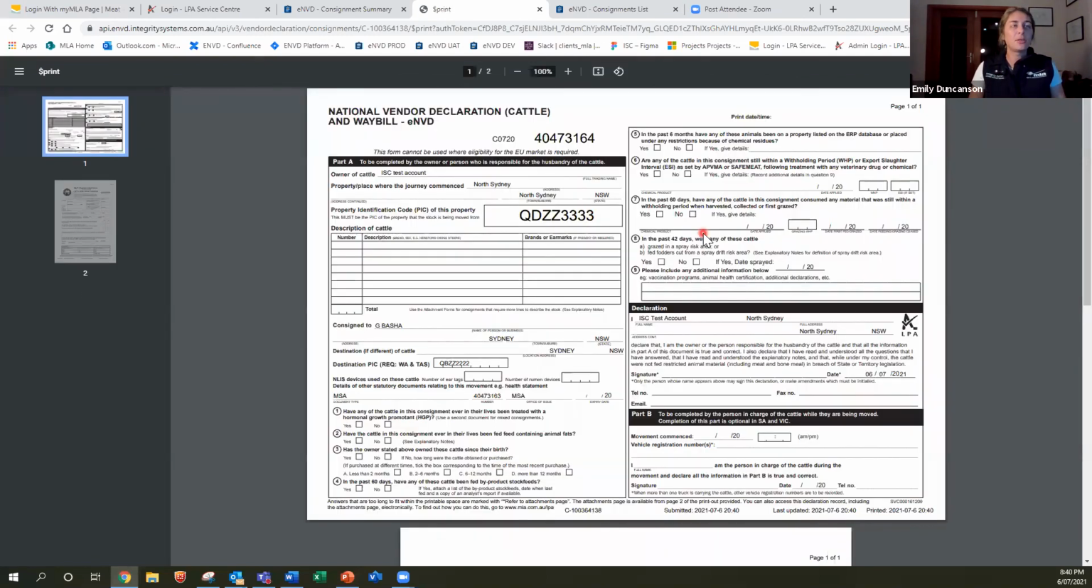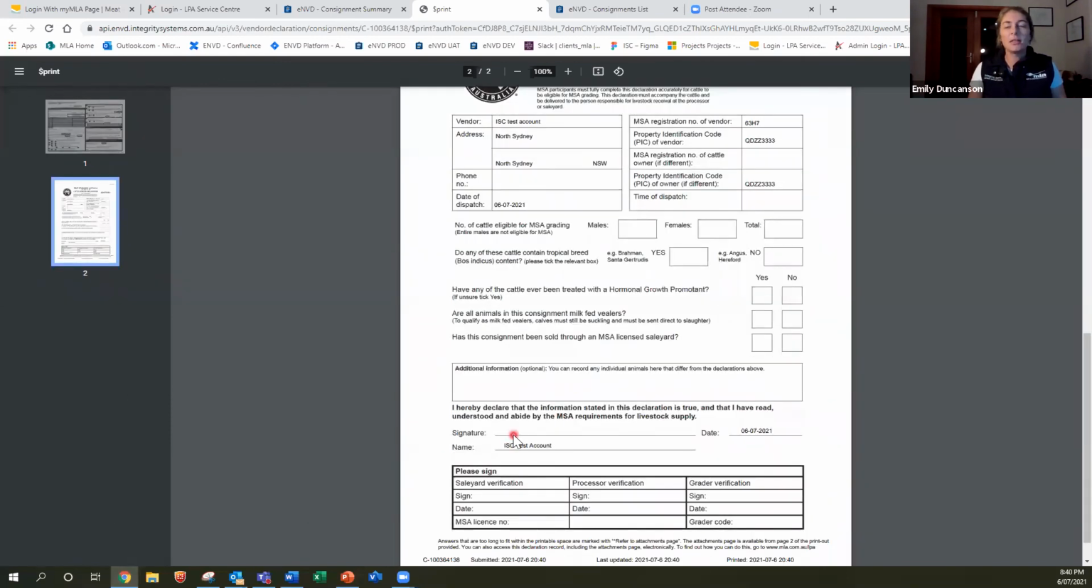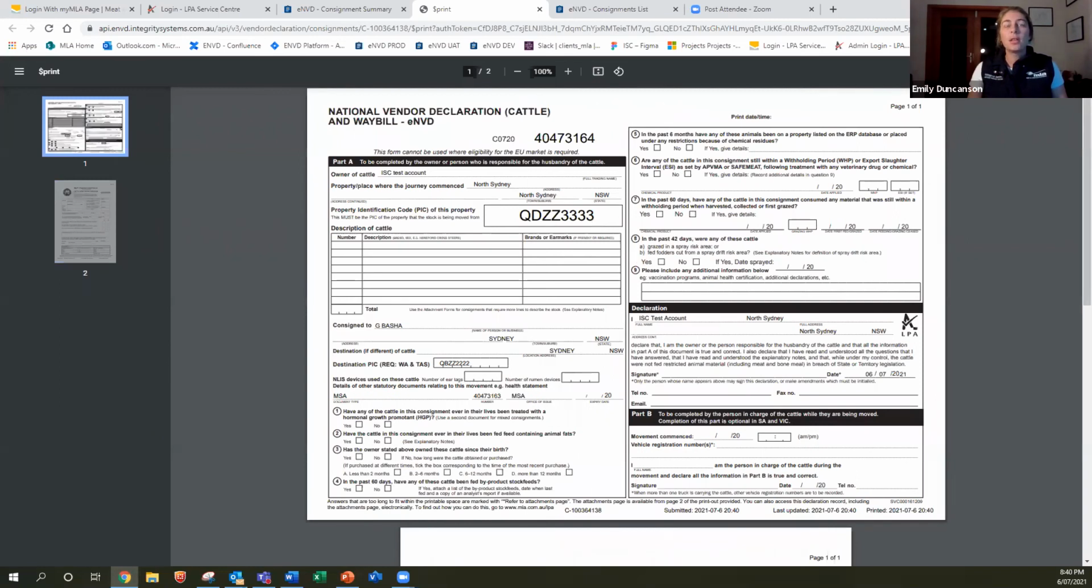So what you'll now see on your screen is the NVD, and if I scroll down, the MSA vendor declaration. And as you can see, the information that I haven't filled out is left blank for you to fill out on the hard copy. Now I'm in Google Chrome, but obviously whatever browser you use, you will have the option to print. My option to print is over here at the top right of the screen,